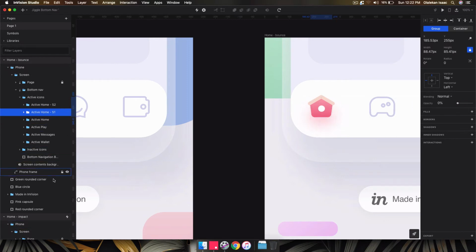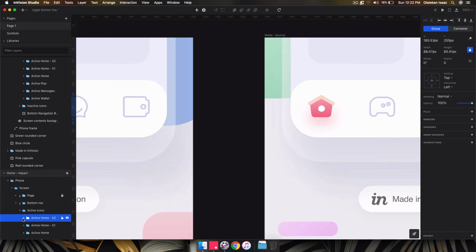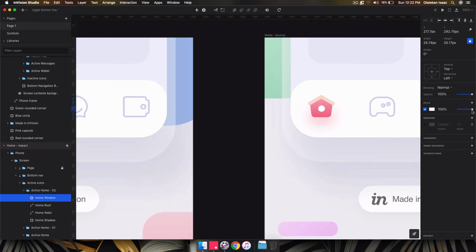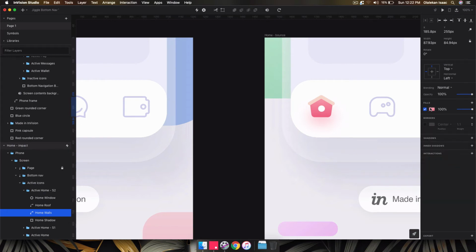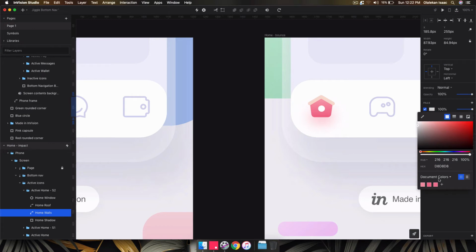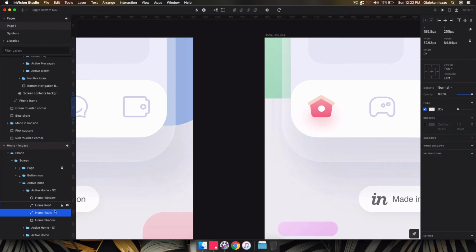Create opacity. Take away the fuse. Borders, if they are not shapes and they are parts instead. Make gradients solid. Take it away from here. And for shadow,